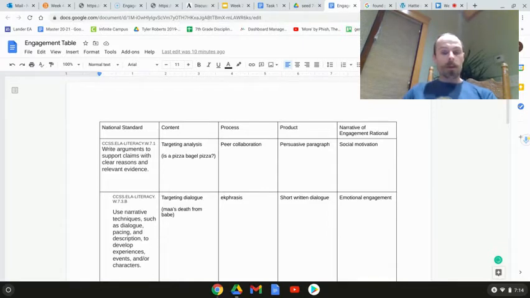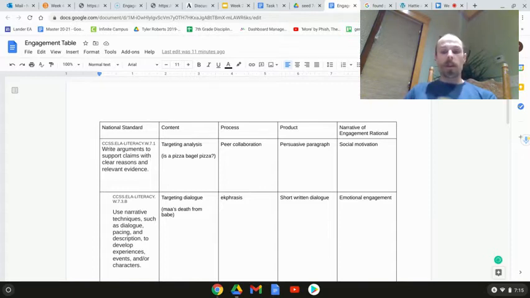So this past week, I posted up an image of a pizza bagel, and I did a bit of an exquisite corpse activity where I'd have one student write a claim on a sheet of paper saying a pizza bagel is or is not a pizza, and then they would pass that to a peer, and they'd get a new piece of paper with a claim on it, and then they would write a bit of evidence. For instance, the image of the pizza bagel has tomato sauce and cheese on it, and it appears cooked. Therefore, and then they passed again, so on and so forth.